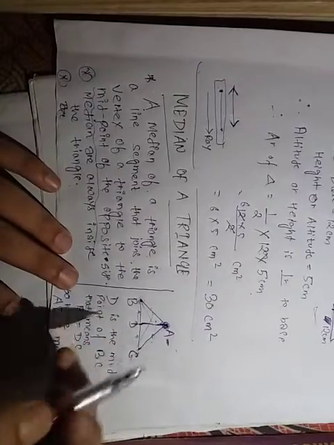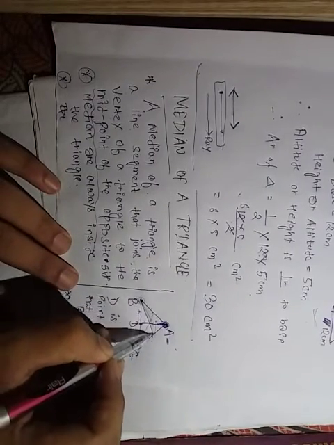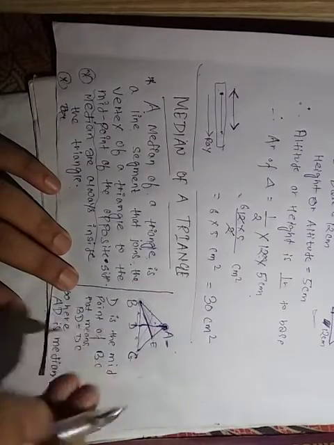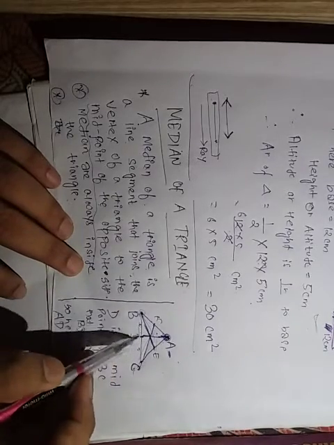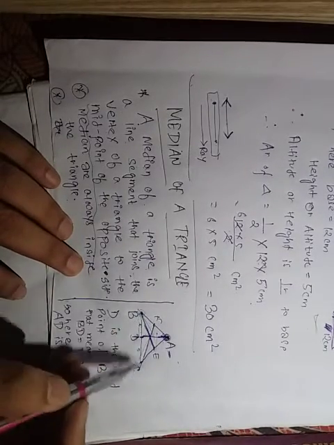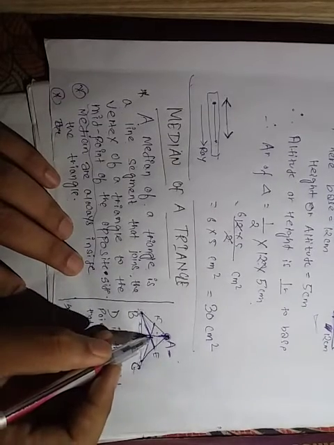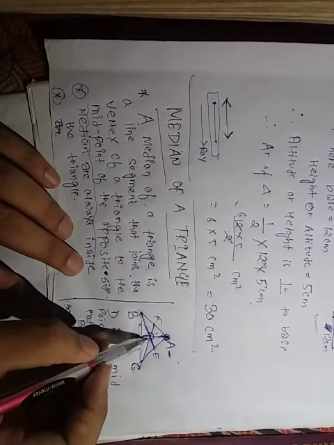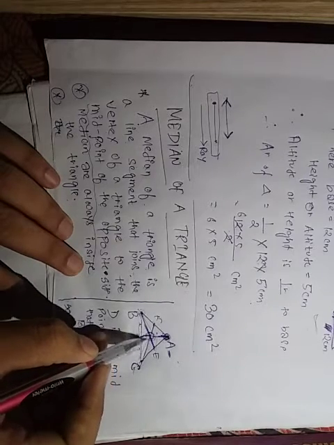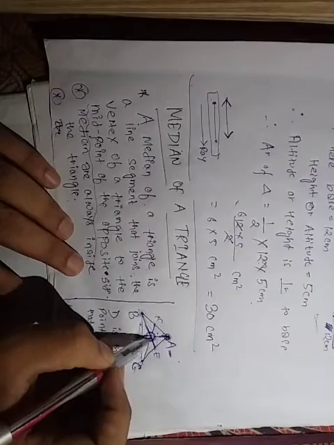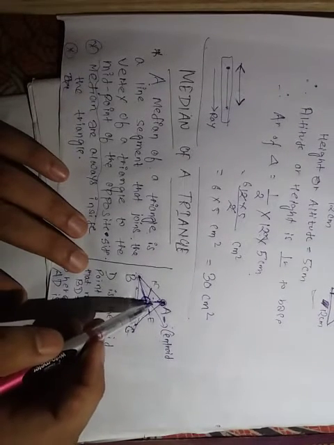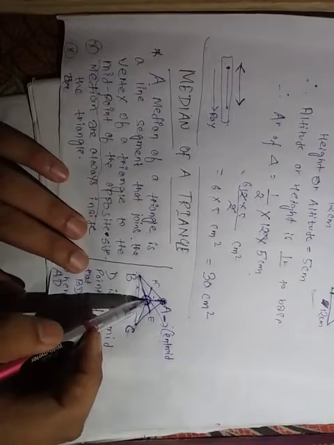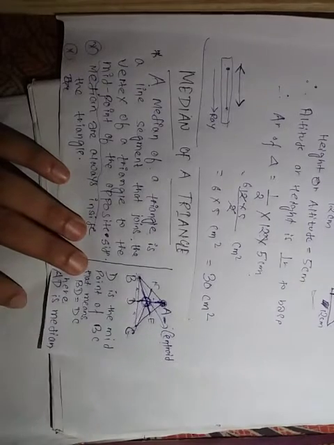Okay, now there is one more thing. Suppose from here we have drawn one median from B, it is BE. Again from C we have drawn one median, CF. So now AD is also a median, BE is also a median, and CF also is a median. So the point inside the triangle at which the medians meet is known as centroid. Okay, this point is known as centroid. So if someone asks you what do you mean by centroid, centroid is the point at which all the medians intersect with each other. Okay, I think you have got it clearly.